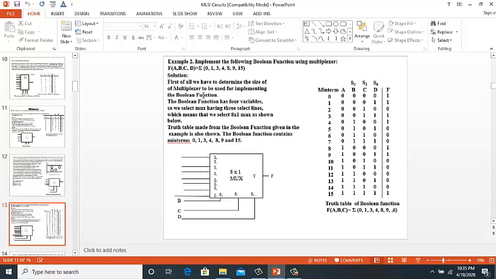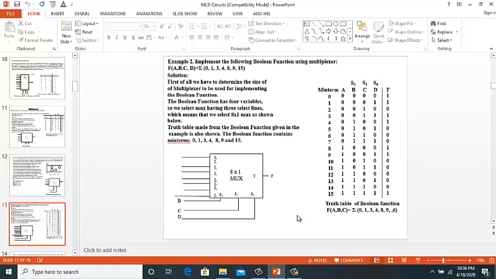So we select a multiplexer which has 3 select lines, and to these select lines we will put the inputs B, C and D, and the input A will be given over here after we solve this problem by drawing an implementation table.